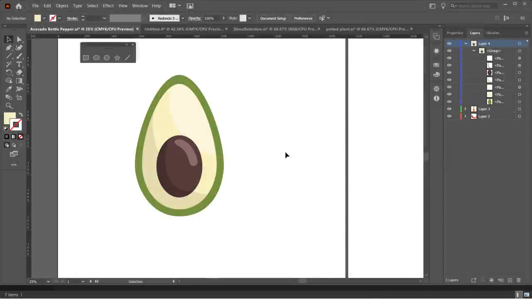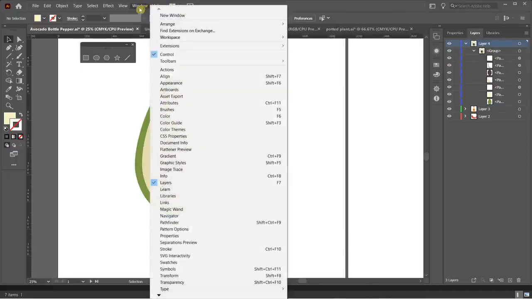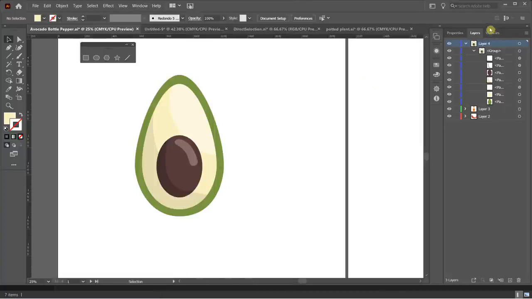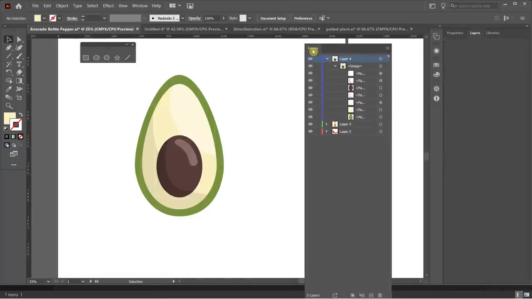In the next few lessons, we're going to learn how to draw this avocado. But now, before we start getting our hands dirty with that, let's have a nice little overview of how we work with layers to help us better organize our content. Now, if you don't have the Layers panel up already, go over here to Window and then bring up Layers. And then what I'm going to do is I'm just going to bring Layers out here so we can all